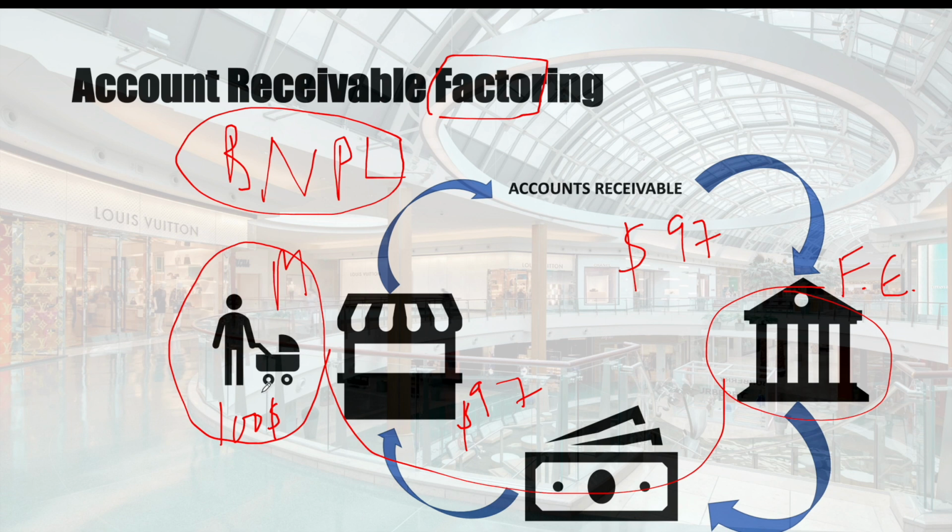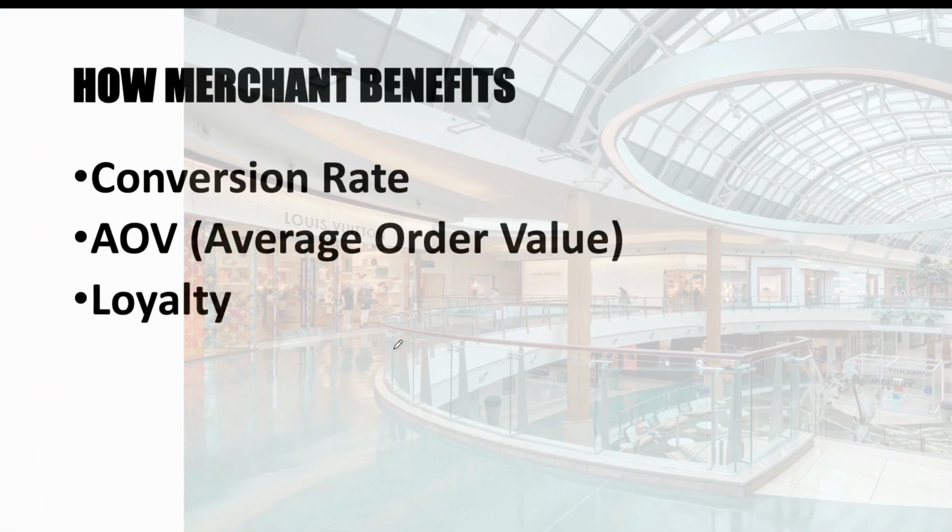Okay, so the customer buys an item with the help of this BNPL, and the merchant is able to get the money immediately with the BNPL, and the financial entity also makes some profit here. So let's see what are the different profits for this entity and this entity. I'm sure that the profit made for the customer is immediately clear. He or she is able to get the items they wanted immediately and without paying any APR, without paying any interest. Okay, now what are the benefits for the merchant and what are the benefits for the financial entity? So for the merchant,